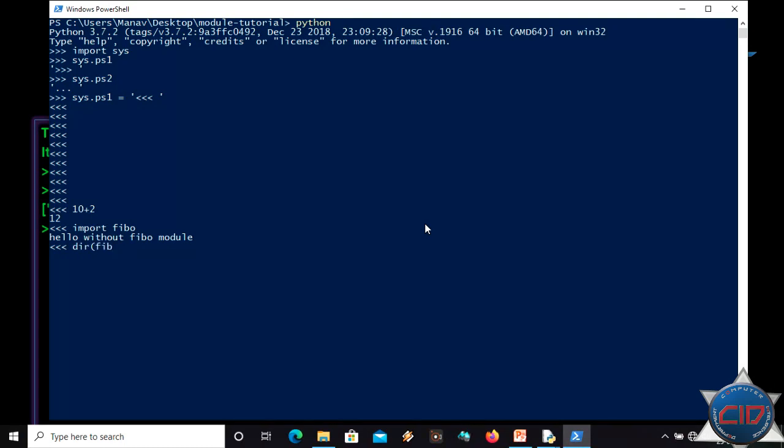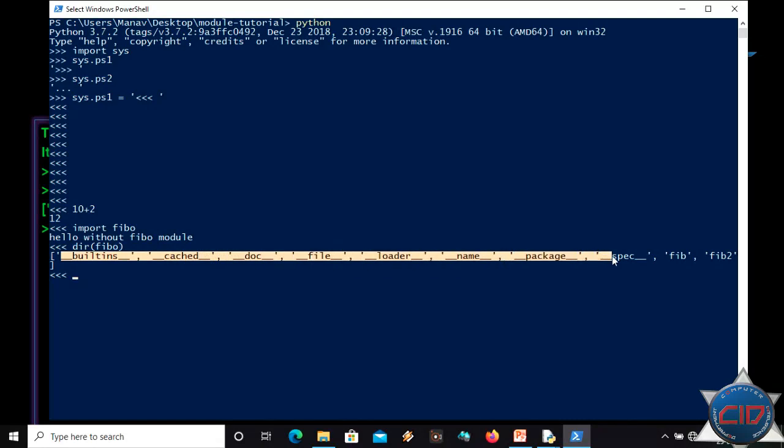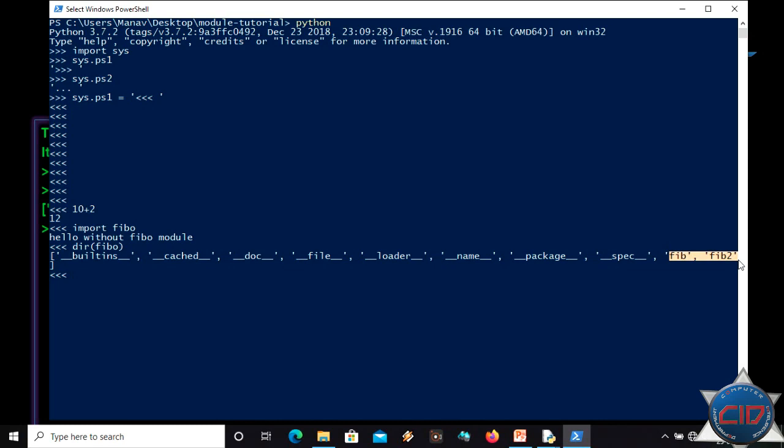Let me pass fibo here, then it will show the number of things which are in our fibo module. These are built-in things, and at the last you can see our user defined things, that is these two methods.